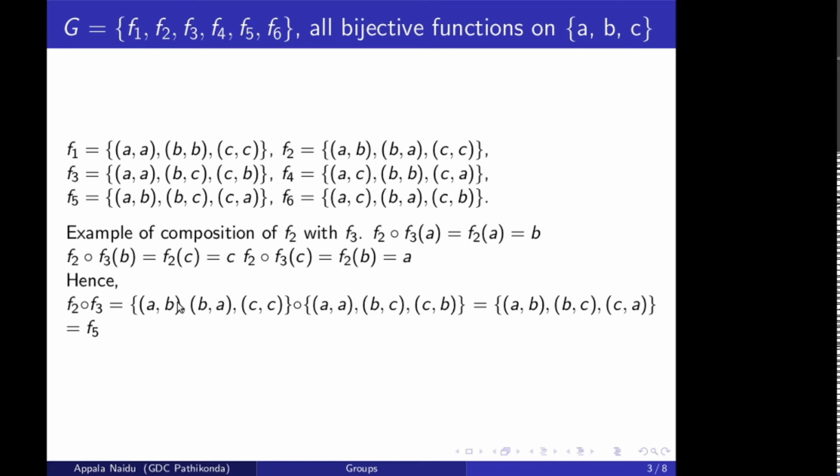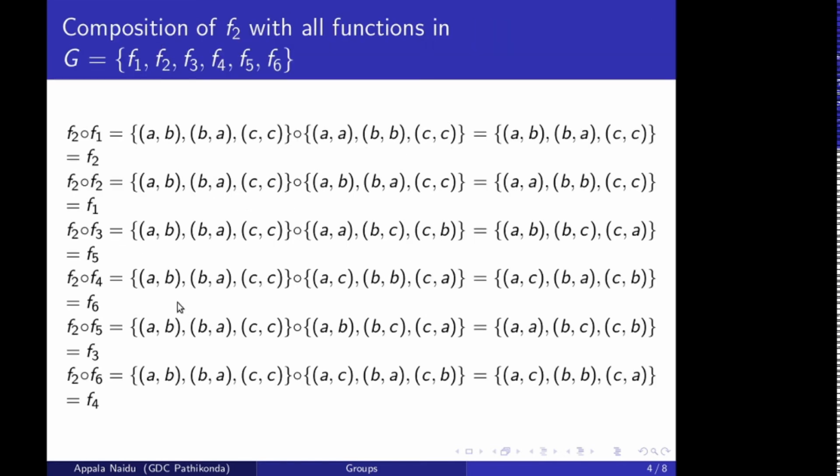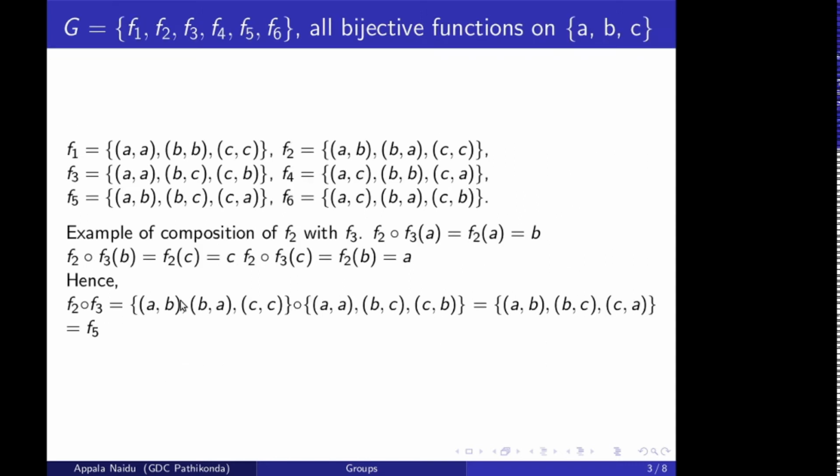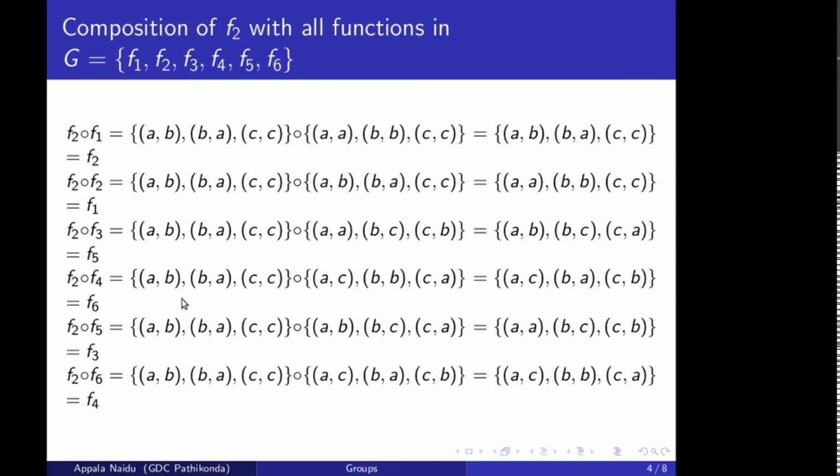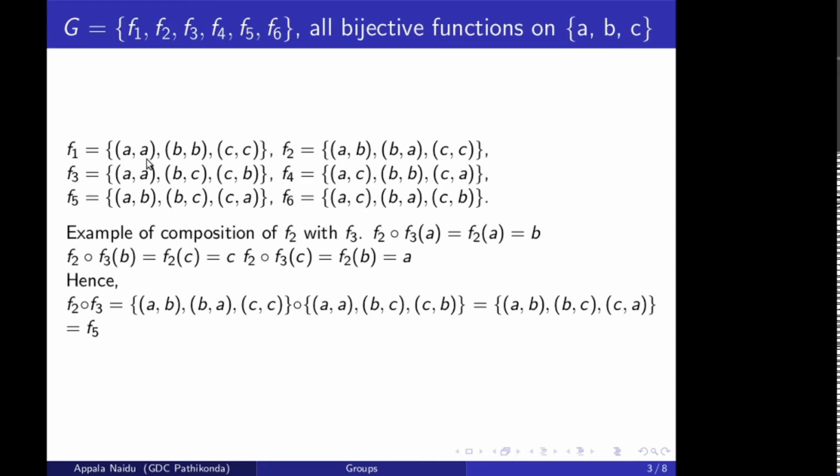In tabular form, if we write it, we'll get a composition table. So let us see the composition of F2 with every other element. F2 circle F1 is,